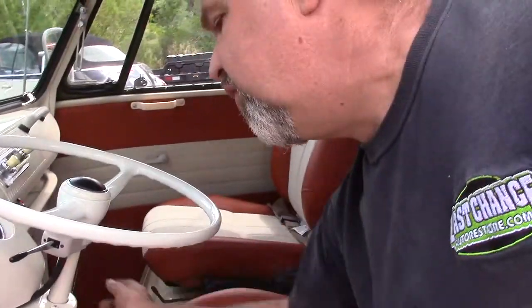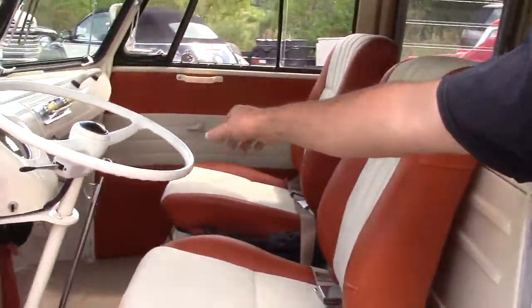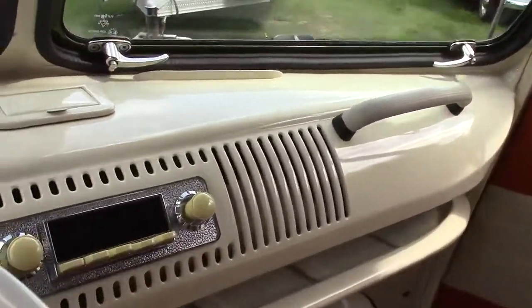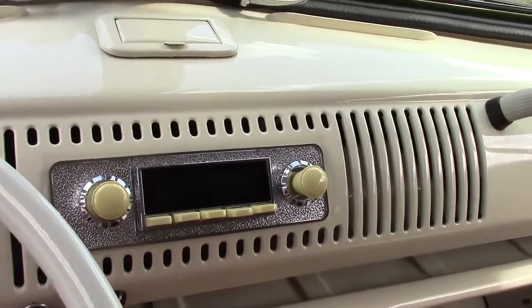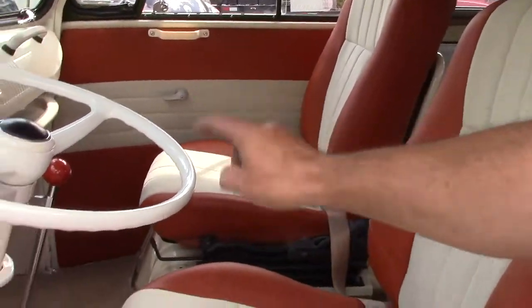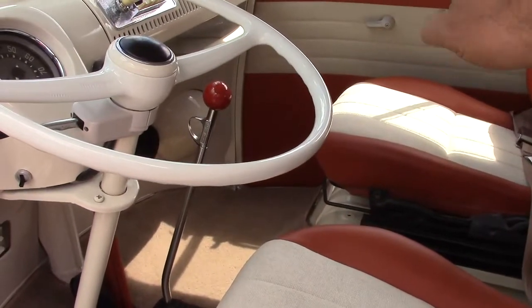So we'll just shut that off. We've got an electric fuel pump. And then we've got an MP3, so it's an upgraded retro sound stereo. It looks like the normal stereo, but it's all electronics, got MP3 hookups and all kinds of neat stuff in terms of upgrades. We have the longer MP shifter, and then we've painted the shifter knob to match the wheels,